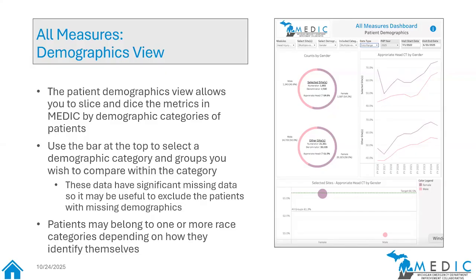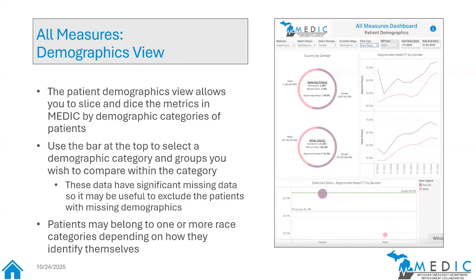We just added this in the last few months as we started to collect more demographics data from all of you. So what can we do with this? Well, it starts with what categories are available to stratify or categorize our outcomes by. Race is certainly available. Ethnicity is available, although it's actually blank right now because we've had a little trouble getting the ethnicity data from some sites. It would be Hispanic or not Hispanic.